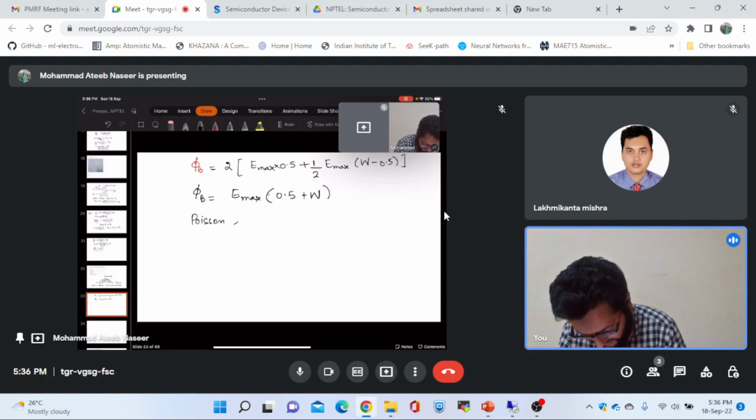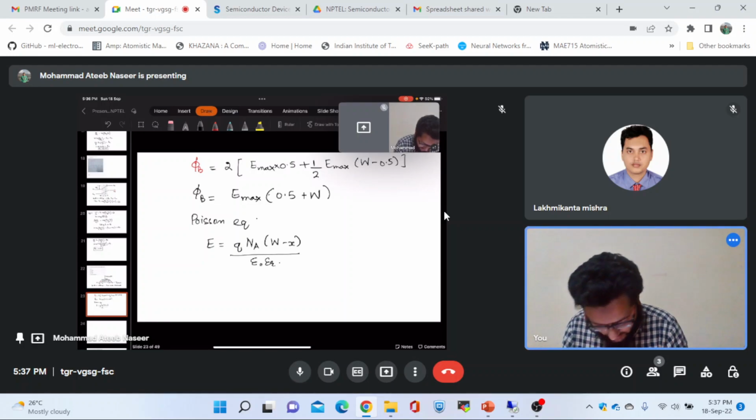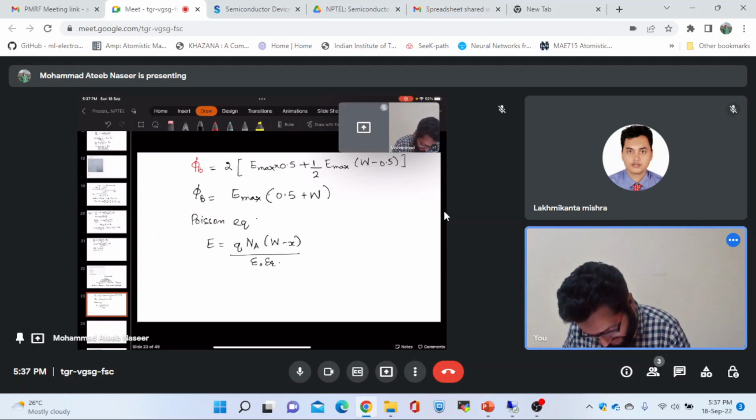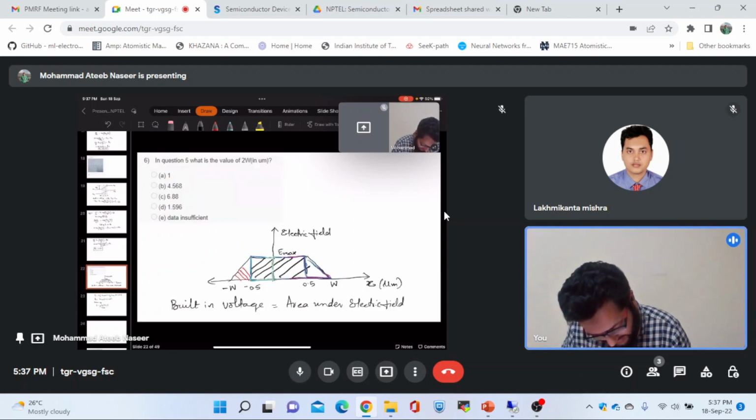The field will be given by Q times NA (W minus x) by epsilon naught into epsilon R. I am simply using the Poisson equation over here, and for this 0.5 micrometer, the